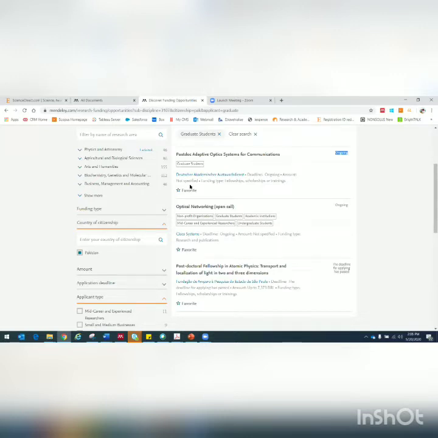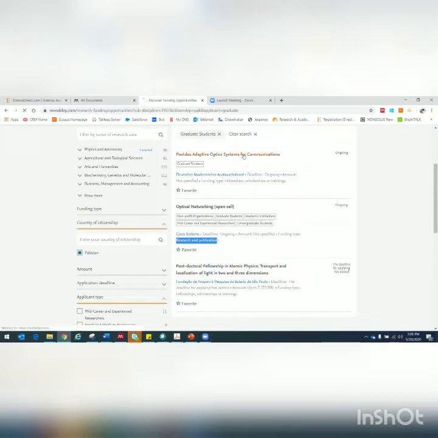Probably this is not applicable, but you see here down below, amounts are usually specified, what kind of funding it is, right? And then what type of funding this is: fellowships. So you see this type. Then there is research and publications. There may be other funding types like prizes, awards. So all those things will be mentioned right here.